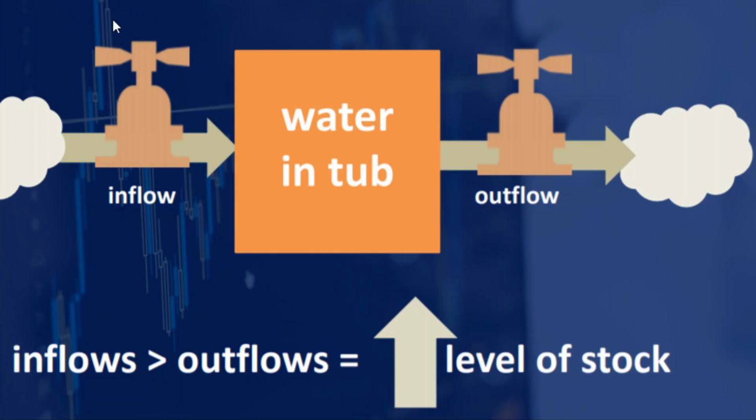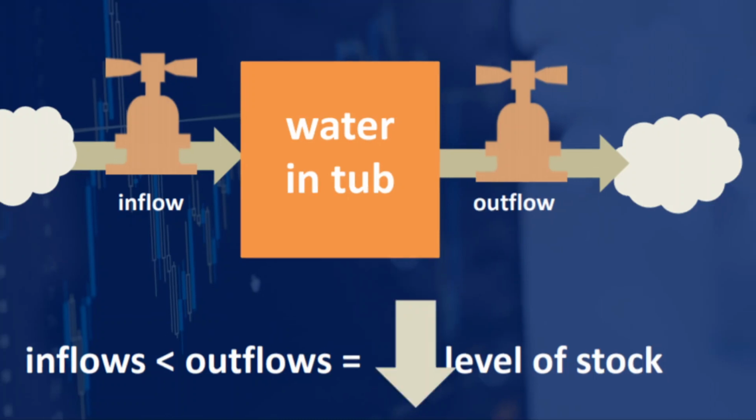Halimbawa, dinamihan mo ang save mo. So, save ka ng save ng baon mo, and everything. Tumataas yung interest, so nadadagdagan din yan. Kesa sa gastos mo. Okay? Mas mataas ngayon yung pera mo. Mas marami ka ngayong pera. Okay? Now, what if greater naman ang outflow? So, the inflows is less than the outflows. There is a lower level of stock. Ano naman yon? Halimbawa, pera mo ulit sa bangko, mas marami yung gastos mo kaysa sa nilalagay mo sa pera mo sa bangko. Mas konti na ngayon yung pera mo sa bangko.